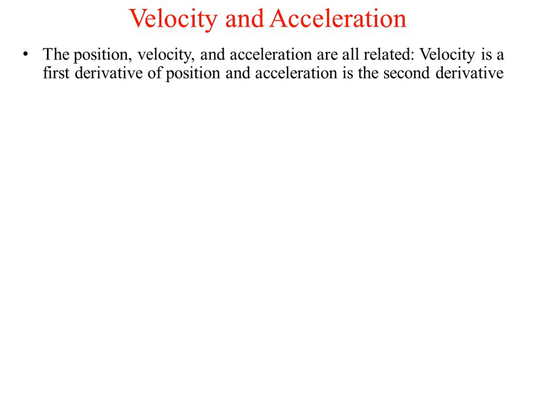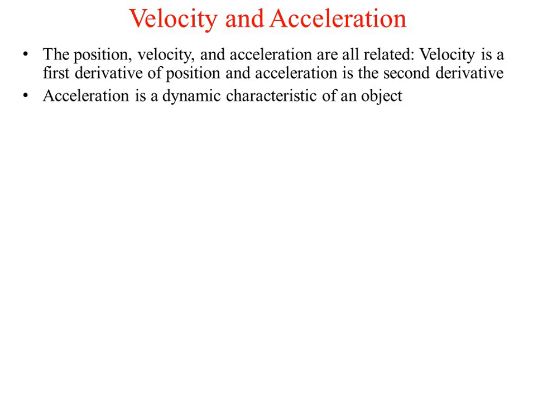So if I consider that the displacement or relative position is there, and I take the first derivative, I'll get the velocity, and if I take the second derivative, that means dv by dt, that is nothing but the acceleration. So we need to find the velocity and acceleration, and on the basis of position we can calculate them.